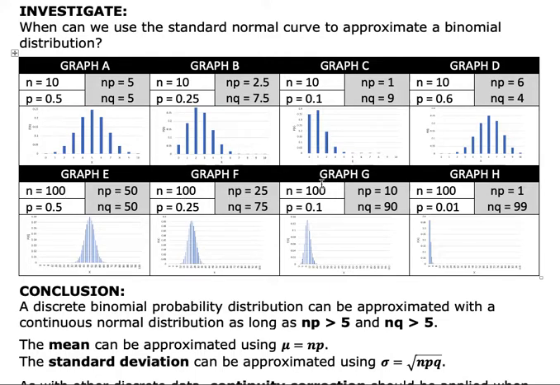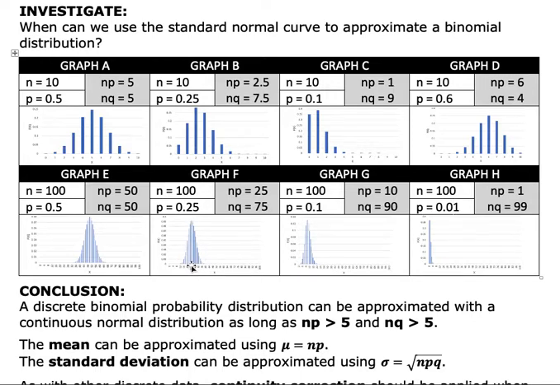Next, in each of these examples, E through H, the number of trials is 100. So you notice that the bars are a lot slimmer because there are more possible outcomes. We are looking at the different probabilities. That's the only variable being adjusted, and let's take a look at the outcome. So at p equal to 0.5, 50-50, we have what appears to be almost a perfect unimodal symmetrical curve or distribution. Similarly, this right here is a